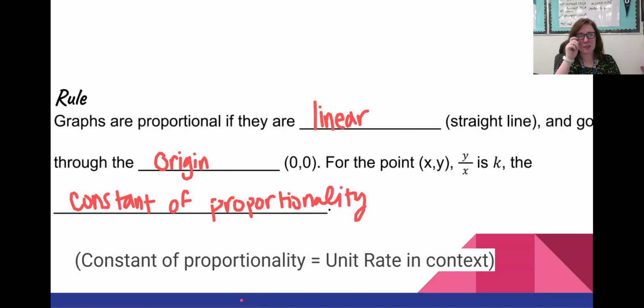Also, in graphs, especially in word problems, the constant of proportionality when something is proportional, that's important, is the same as the unit rate. Like, I bought 12 bananas for $18, for some reason. What's the price of one banana? Well, that's the constant of proportionality, and that's also the unit rate, whatever the price of one banana actually was